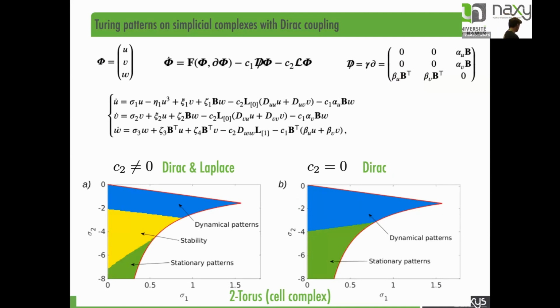So in the white zone, the homogeneous equilibrium is unstable, so you cannot have a Turing pattern. Here you have three zones: in this yellow part, the homogeneous equilibrium remains stable also when you have diffusion, so here you don't have patterns, while here you have a stationary Turing pattern, and here you have waves-like patterns. In the case of Dirac, we lose the stationary part. And so, in some sense, it's easier to have a Turing pattern, because once you have parameters in this region you converge to the equilibrium, while here you converge either to a stationary pattern or to waves. Okay? And also the shape of the patterns is a bit different.